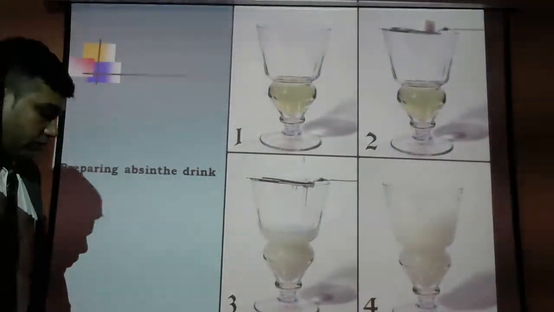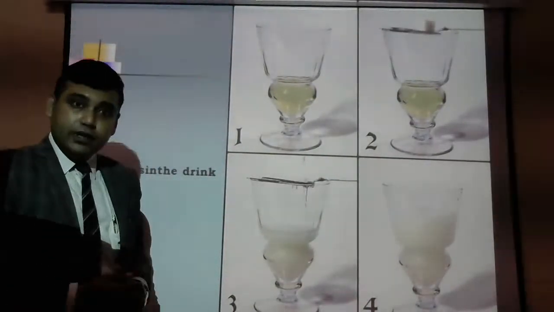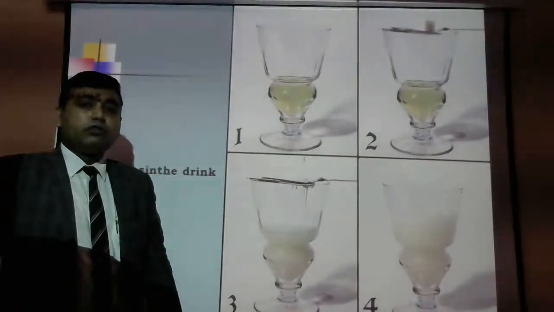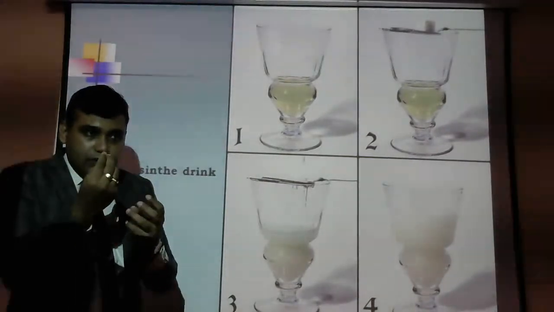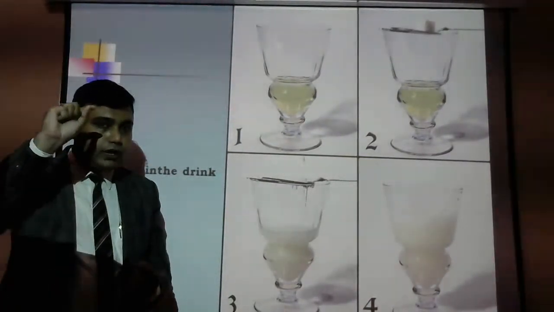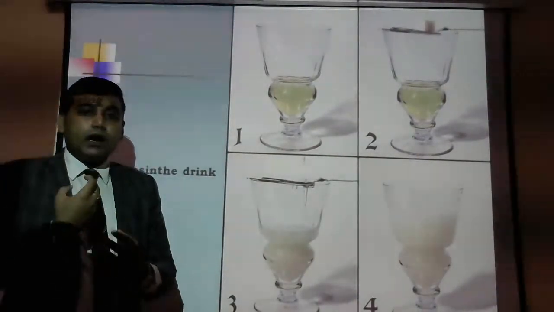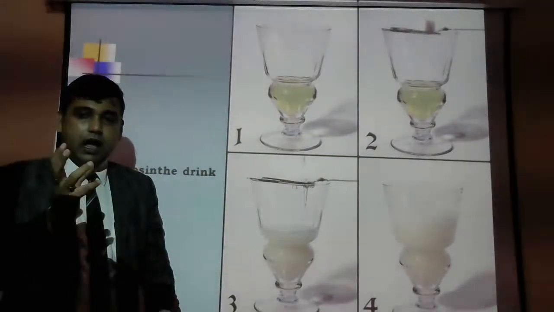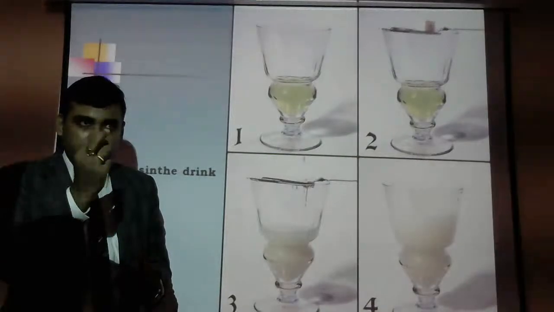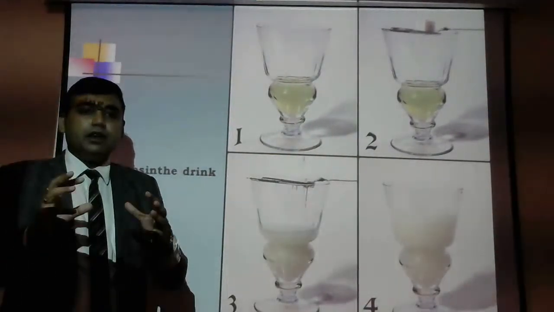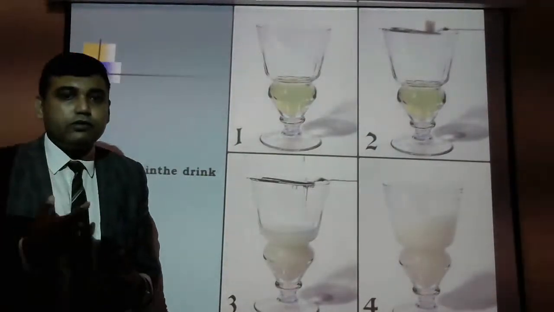Okay. So you have seen this video, how to have absinthe in the traditional Bohemian way. So what happens? Once this sugar starts melting into the glass and you put the water from the top, the burning sugar melts. Slowly you will find the glass getting cloudy and a green-colored fairy coming out like smoke, like it already has that feel. Once you sip one or two glasses, you will find this hallucination.